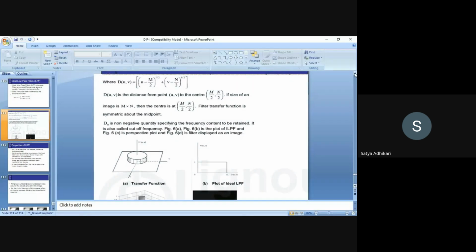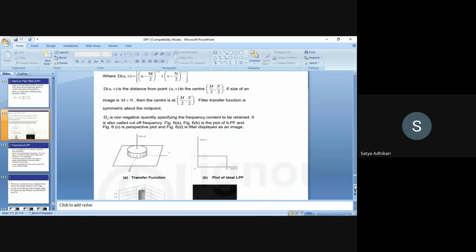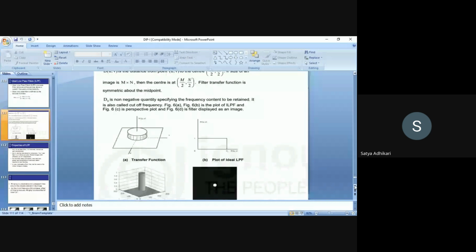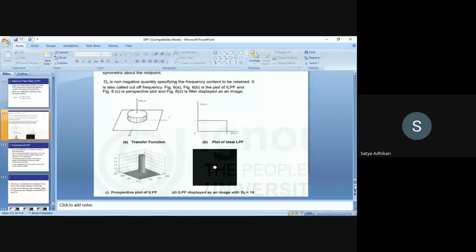So some transfer function is used. You'll find an idea. You see the perspective plot of the ILF, and you will get an image of ILF. It will display an image with D0 equal to 10. So at D0 equal to 10, as you know,